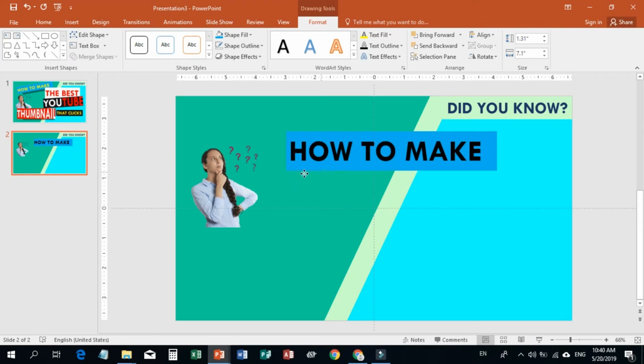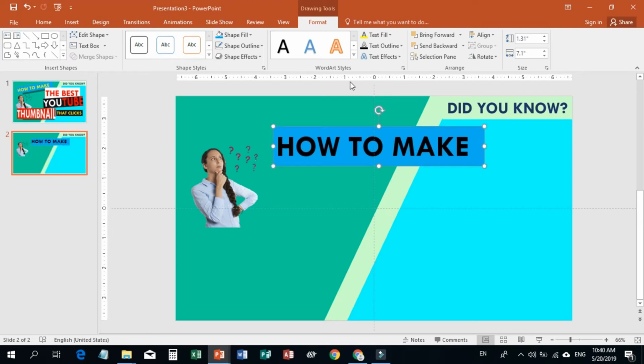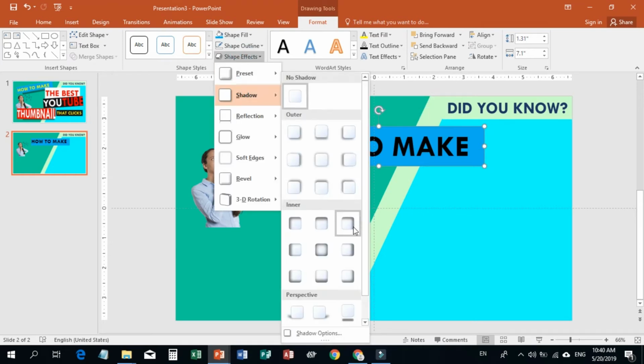Shape outline, choose no outline, and then we're going to add an effect, shadow, make a shadow,